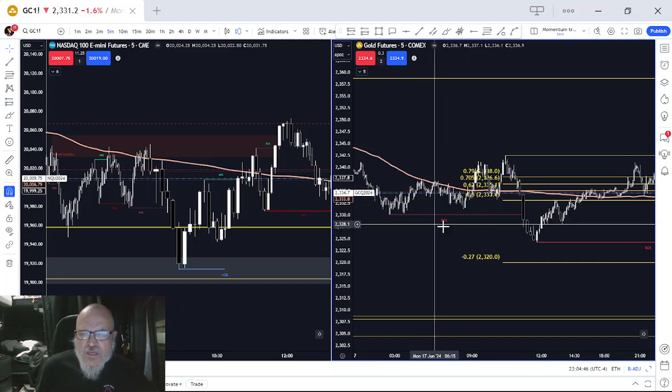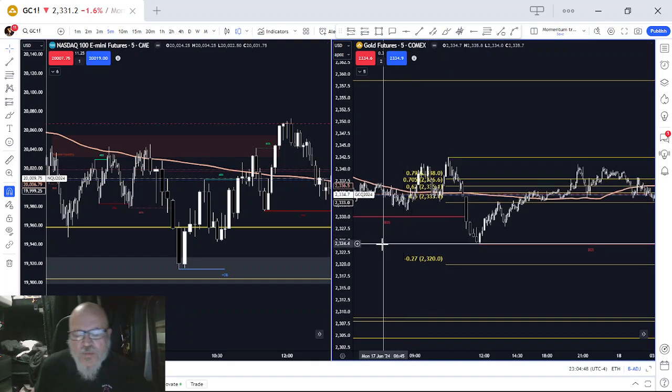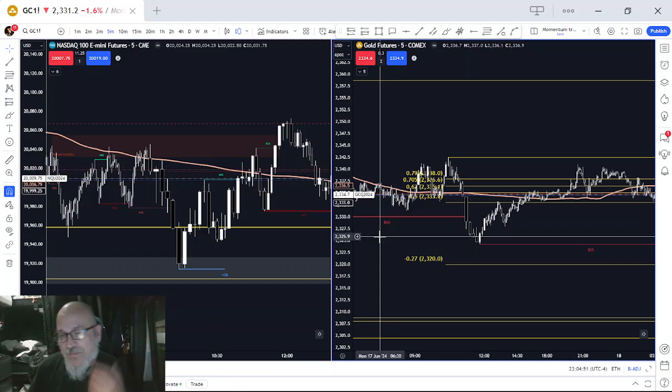Okay. But basically what I'm looking for, it's the same setup. It's just not required to be in a certain time. There's also not a liquidity grab needed. It's better if you have the liquidity grab, yes. It's probably a little bit more of a higher probability trade, but it's not required. Okay, and I'll show you that.